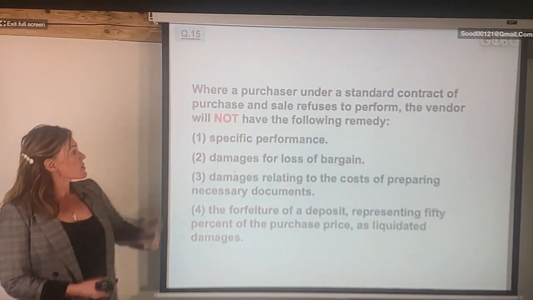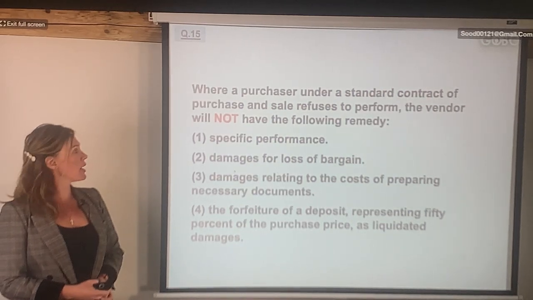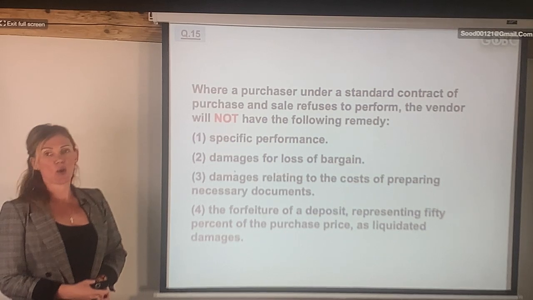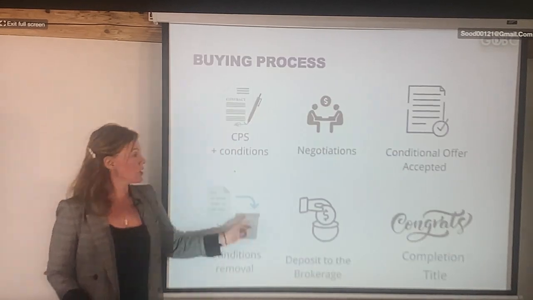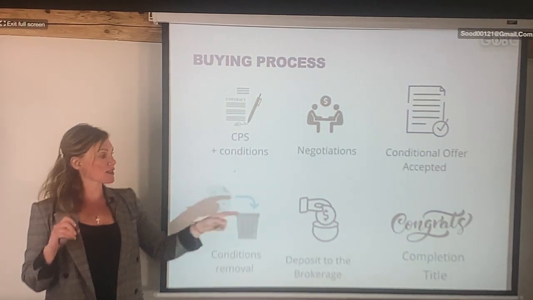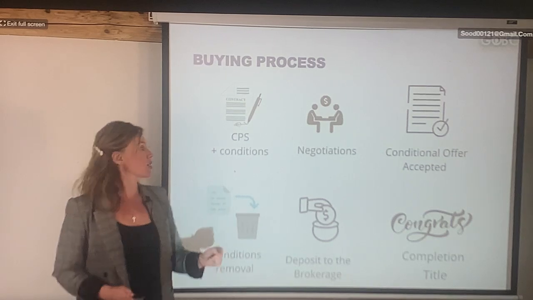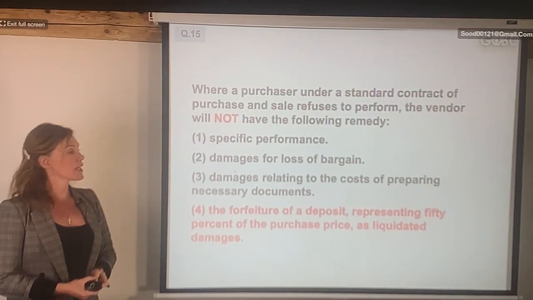Okay, option 1, specific performance. Which one is not a remedy? That means what the seller cannot do to that buyer. Specific performance is when the court tells you what you can do, what you cannot do. Basically the judge says, hey, you're supposed to complete. That's your obligation here. You already removed the subjects. After you remove the subjects as a buyer, you're obligated to complete. Otherwise, the seller will sue you for damages and might enforce you into that contract, right? So the seller definitely can ask for specific performance. That means he's going to ask the buyer to complete it one way or the other.